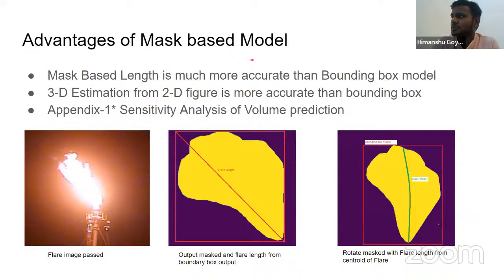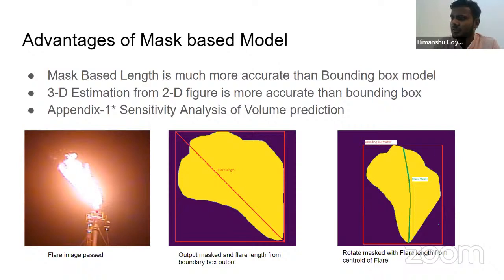Now, I wanted to discuss why we wanted to use a mask model for this particular approach. First, we could have simply gone with an object detection model, which detects the fire in a bounding box, and we can tell the length of the fire. The problem is, let's say this is the fire and this is the bounding box. Of course, the bounding box would calculate the length of the fire as this one, while the physics-based model that we require